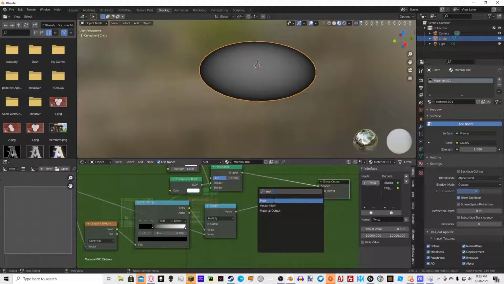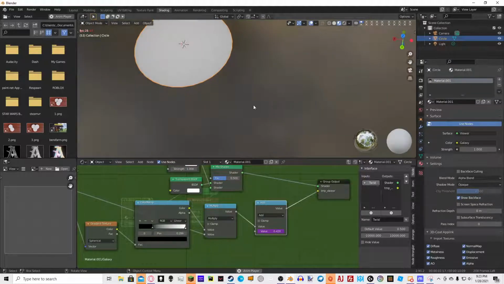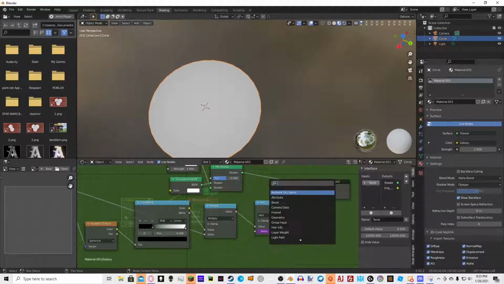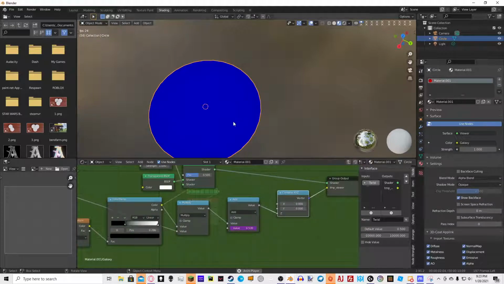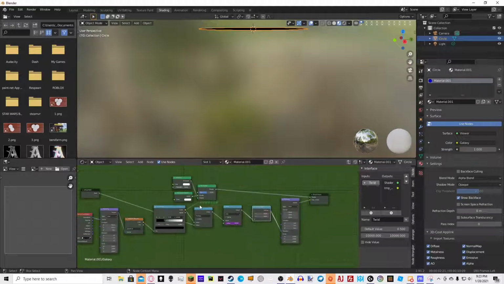Now we're going to add another math node. I'm just going to add the current frame divided by 100. And this is just going to add rotation to it over time. So basically it's going to make it spin slowly. Now if we just combine x, y, z, we can set this to the z. Now we go into mapping, set this to rotation, so it rotates it, of course,